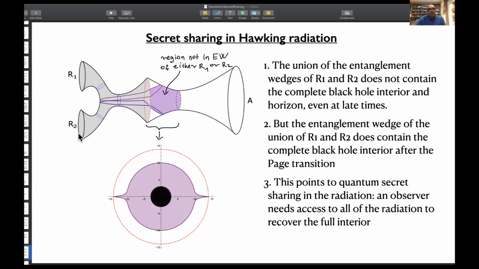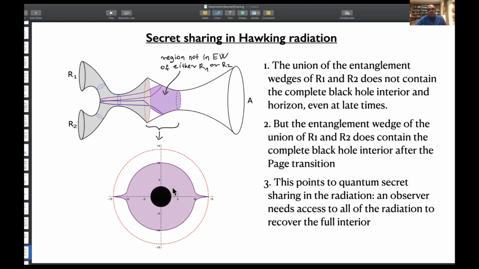And suppose at very late times, I take the entanglement wedge of R1, union the entanglement wedge of R2. So there are these two infalling geodesics, and the regions behind them are part of the entanglement wedges of R1 and R2. There's this region inside the black hole that is not in the entanglement wedge of either of them. So even at very late times when these two infalling geodesics just touch, you'll find that there's this,